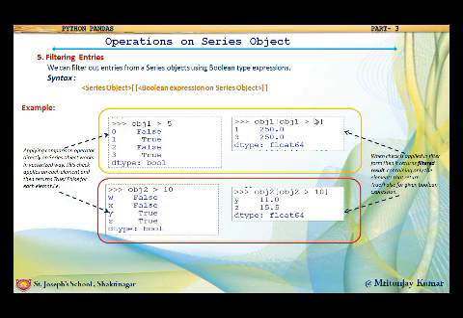Now in the second case, when the check is applied in a filter form, it returns a filtered result containing only the elements that return true for the given boolean expression. So these are the operations that can be performed on a series object.